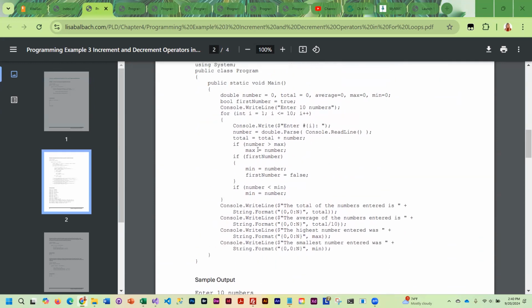For the increment, which is used a little bit more, we use the plus signs. And this is ideal for a for loop because you can put your counter, your condition, and then the increment all in the same statement. Okay, and so all this is doing